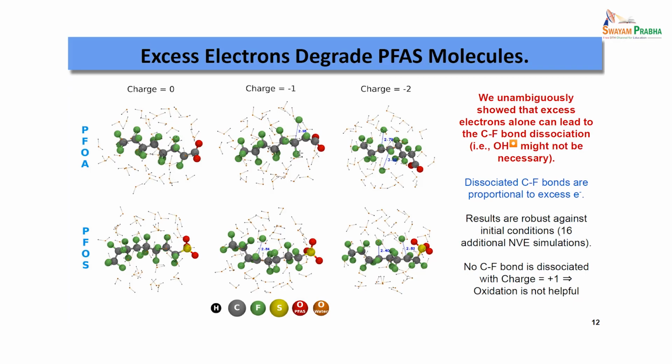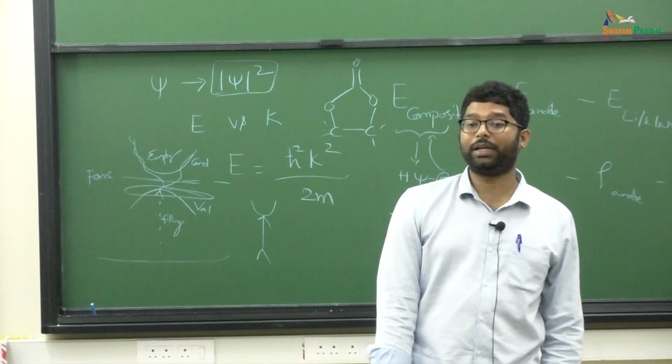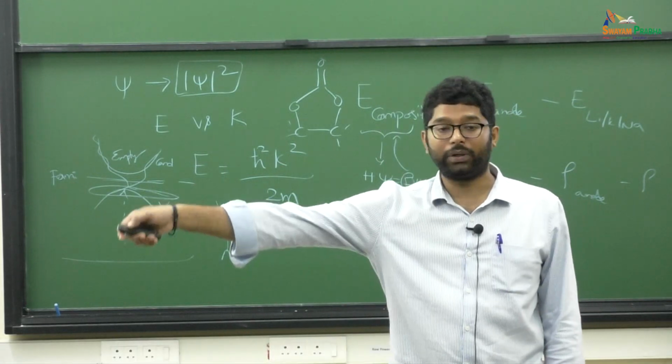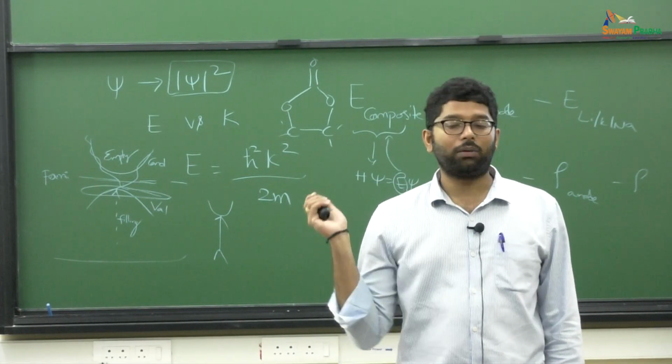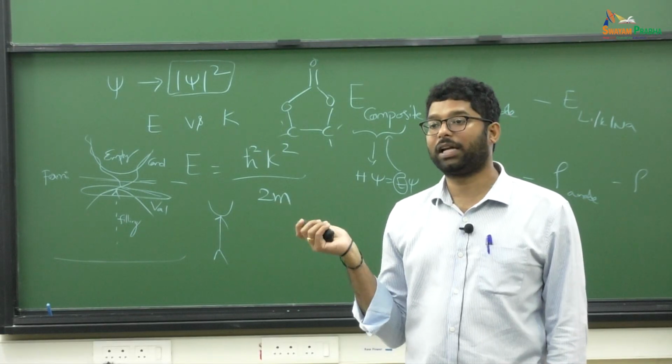Additionally, we have also studied adding positive charges to the system, and we observed that oxidation is not going to be helpful. Only reduction is the one that is helping these bonds to degrade. Additionally, we have found that this degradation process is occurring in an ultra fast manner, which is very important. If you are trying to degrade these substances for like 10, 15, 20 days, that is useless. Here what we are seeing is it can be degraded in a few femtoseconds itself, it can be completely